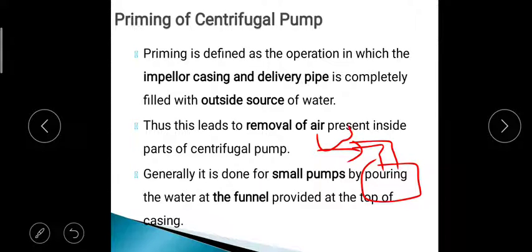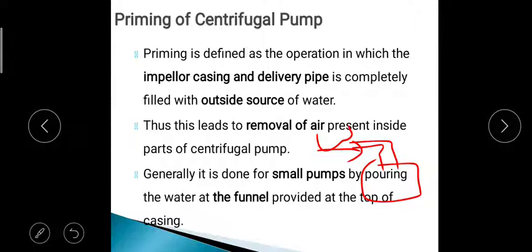That water is put before starting the pump. You are doing all this before starting the pump. Why do we have to do that? Because when we keep the pump as it is, whatever air is there inside it starts getting into the impeller, and that doesn't give you a proper start of the centrifugal pump. For the proper starting of the centrifugal pump, we have to put some water from an outside source into the centrifugal pump before starting it.